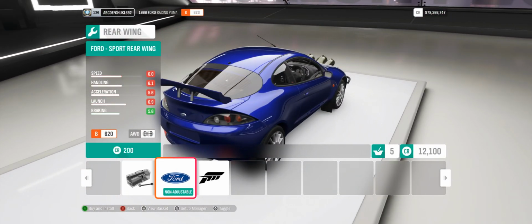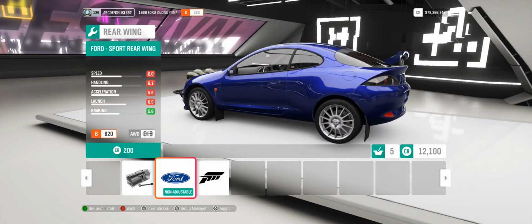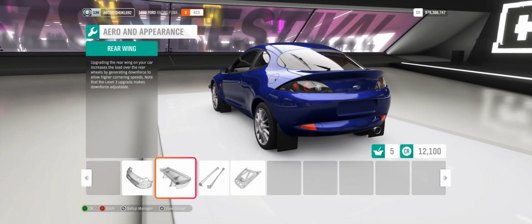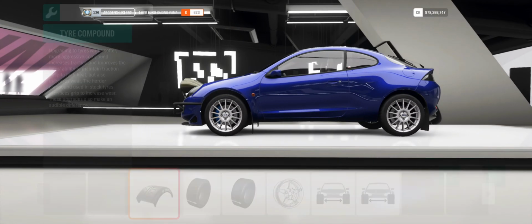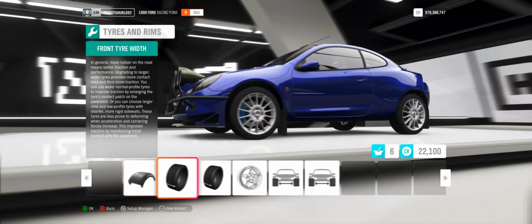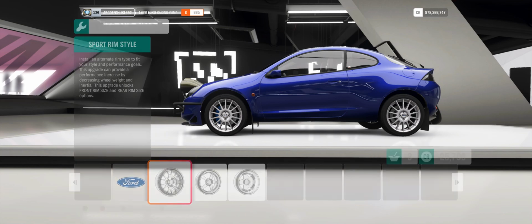I don't know what this wing is, and the FORZA one, those are just so ugly. So we're just going to keep it like this. No wing, no nothing. Now for the wheels, I have the perfect wheels in mind for this thing too. So we'll put rally tires. We'll make them wider. And we're going to change the wheels to...